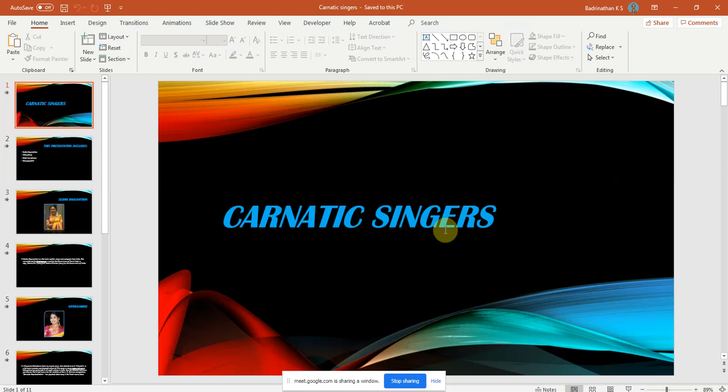Then here it shows the various options, because presently there are so many things open here. What I want to share is this PowerPoint, so I'll choose that window and share. Right, so here at the bottom you can see it says it is sharing a window. If you want, you can hide this information.